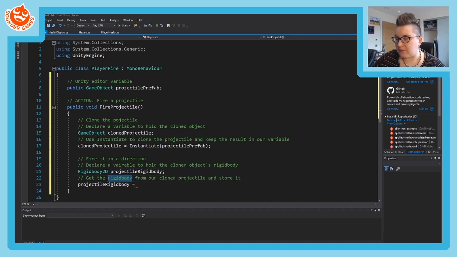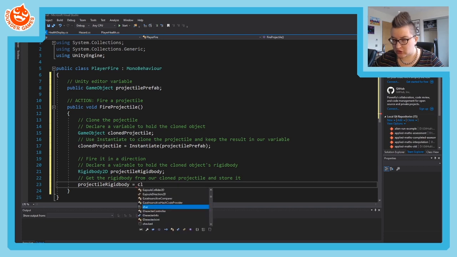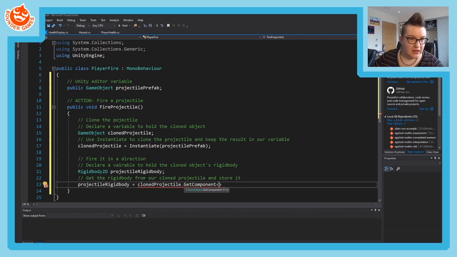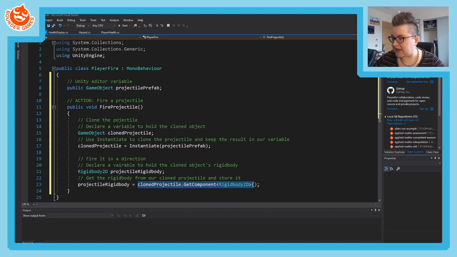So we need to get that physics object, that Rigidbody, out of our clonedProjectile. We create this variable to hold it, and then we set that new variable equal to clonedProjectile.GetComponent. We use these funky angle brackets, and we tell it what kind of component to get, and that's going to be the Rigidbody2D. So this is going to our clonedProjectile and asking, hey projectile, give me your physics stuff. Then we put that physics stuff into this variable, and now we can use it. We can use that to set the